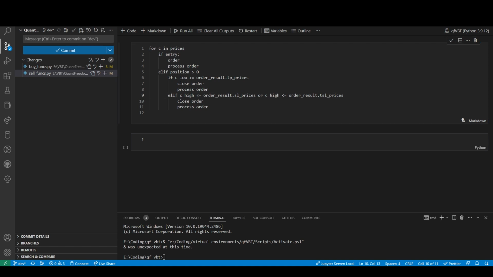What? So if we have a low of 1,000 and our take profit is 900, then we did not hit it. If we have a low of 1,000 and we have a take profit of 1,001, we did hit it. So anything that is, oh, because that's for a long. For a short, it's the opposite. So I have to do